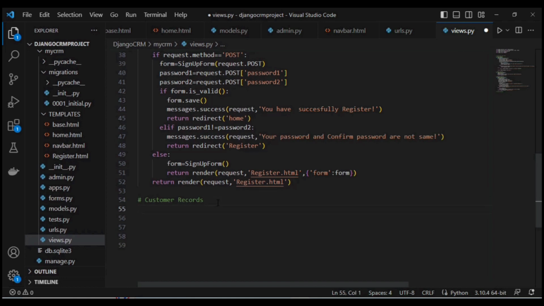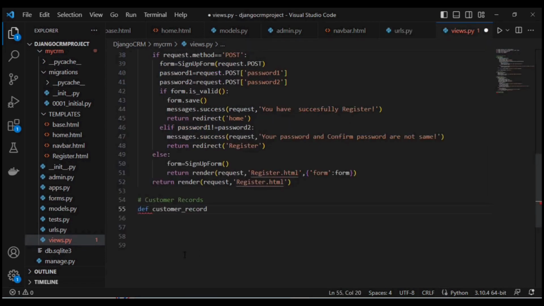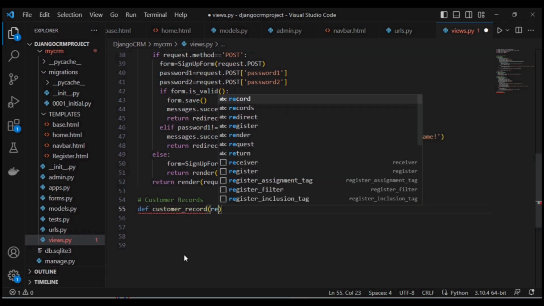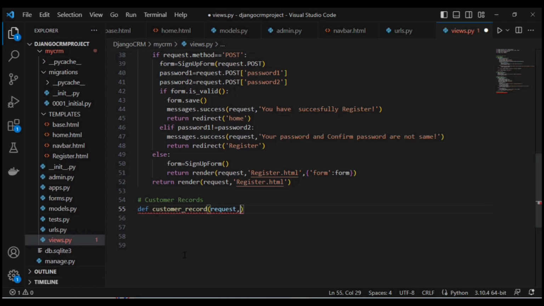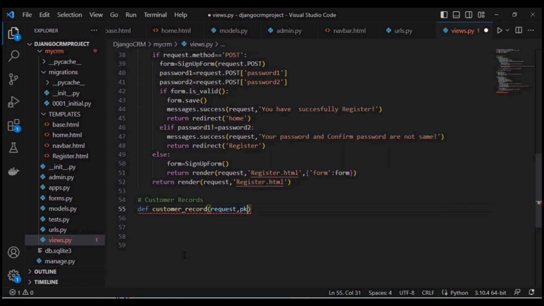then def, then the view name we have given inside the urls.py file. Copy this one and paste here. Then default parameter request, then primary key or pk, which we have taken inside the urls.py file. This is the variable where we are going to store the ID, and based on ID we will display the